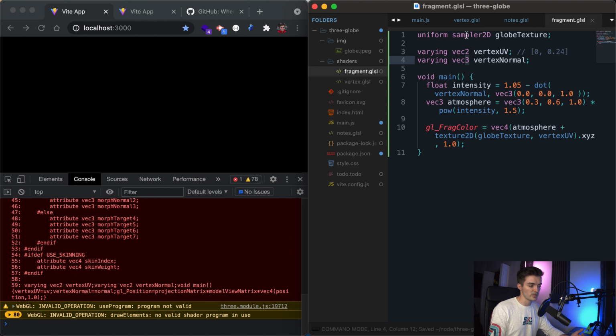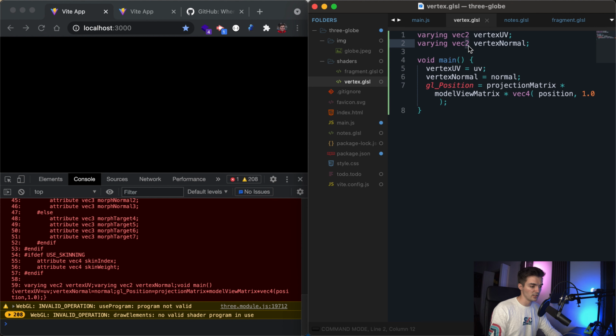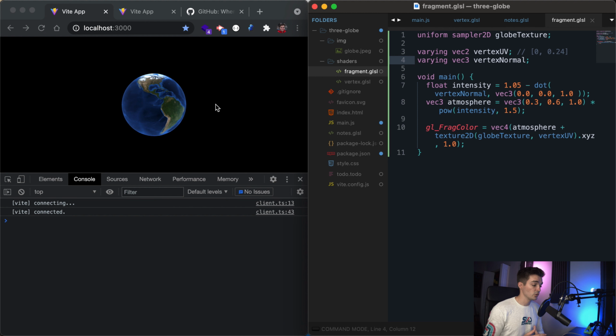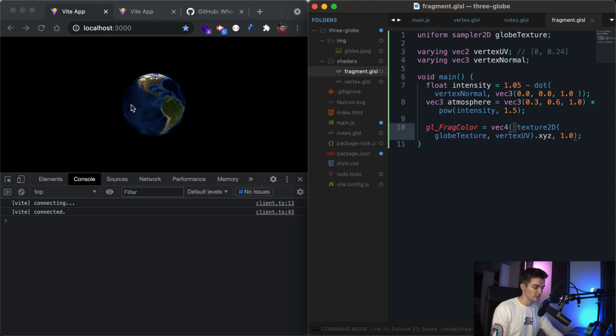And since we're changing this right here, we also need to make sure we're changing it within our vertex shader as well. We'll change that to vec3. Now once you do that, you'll see we have some sort of atmosphere being applied to our sphere. Just to show you that this is indeed working, we can go ahead and get rid of the atmosphere. You see that's it without atmosphere, and then we add it in, we have that nice blue glow surrounding our